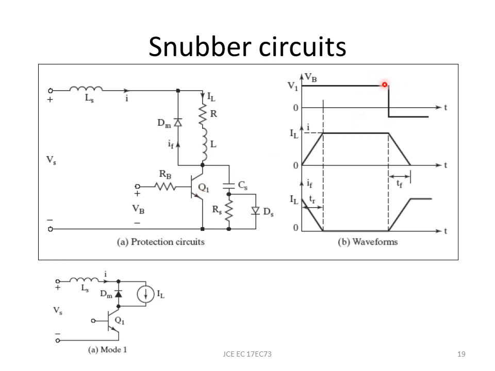Once the base becomes negative, so this is minus and plus, this transistor is expected to go off. At that time, what happens? Again, there is a change. This becomes off. The inductor will not allow the current to stop flowing because again di by dt comes into the picture, and the stored energy in the inductor will make the load current fall from a high value to a low value, and the time taken to fall is TF. Now what is this?